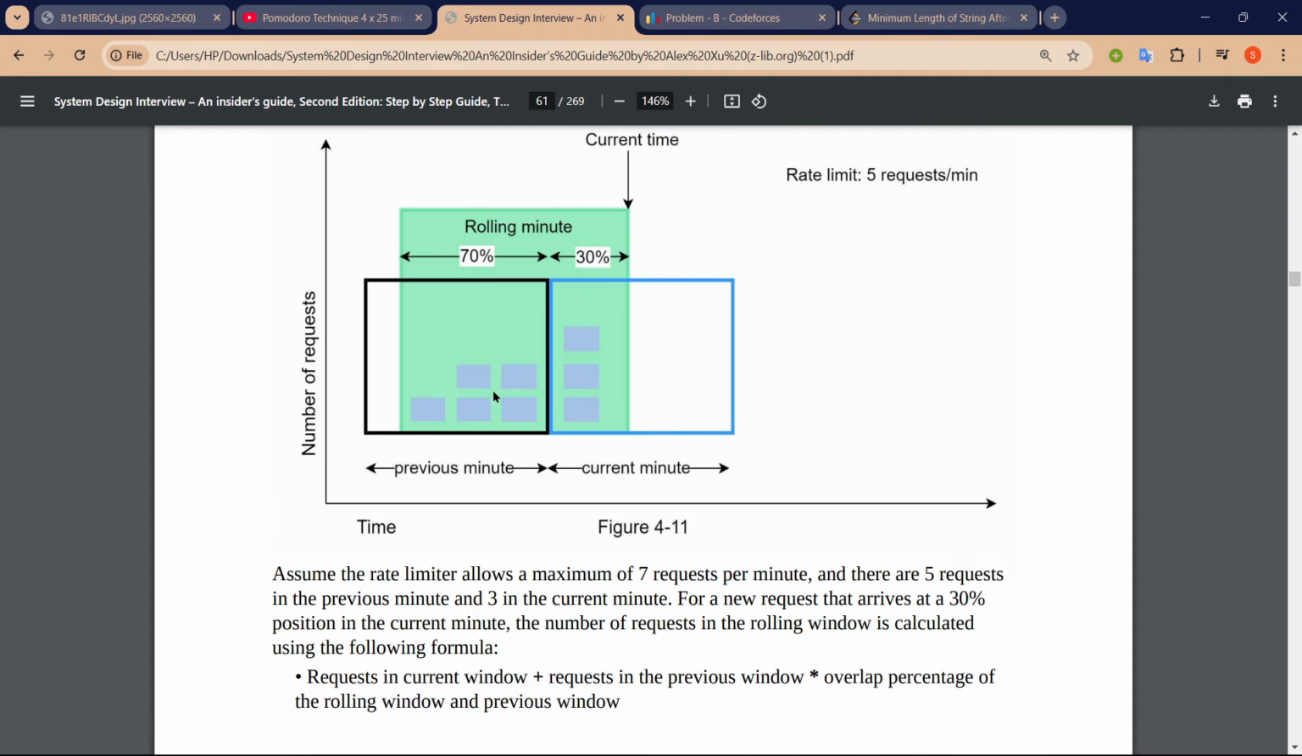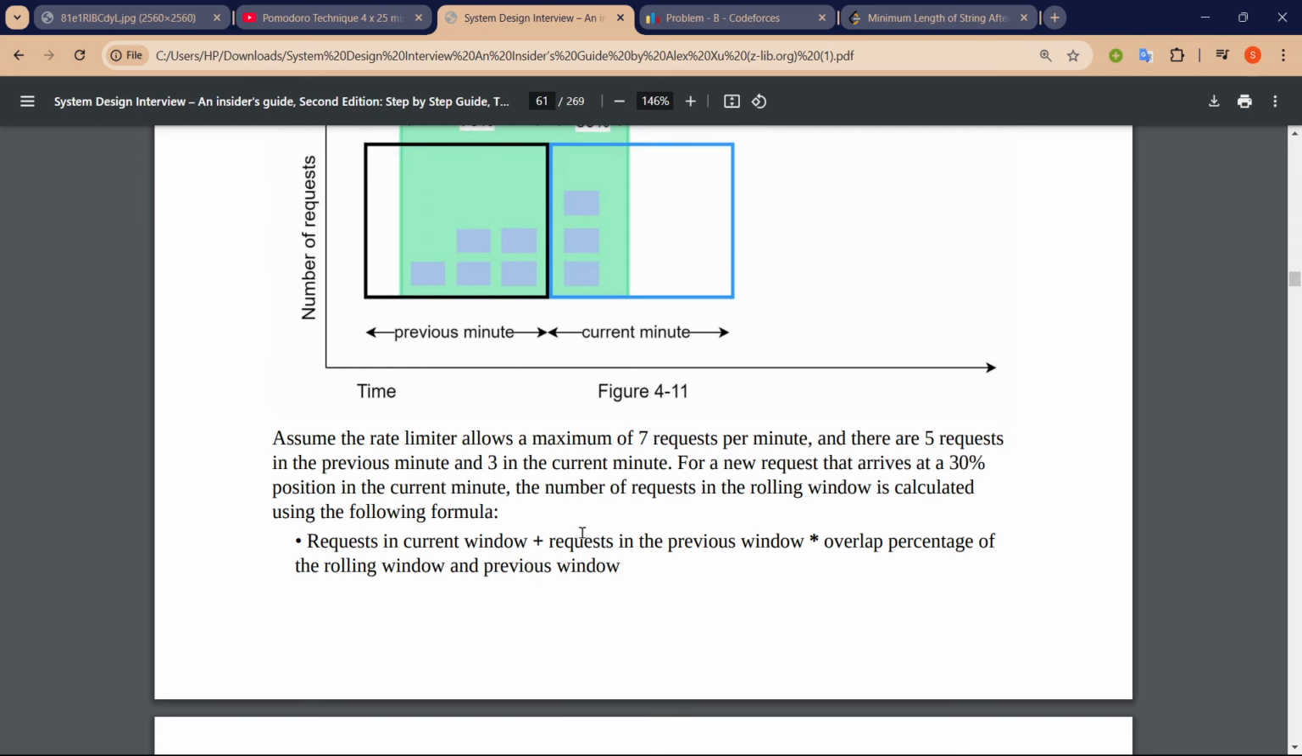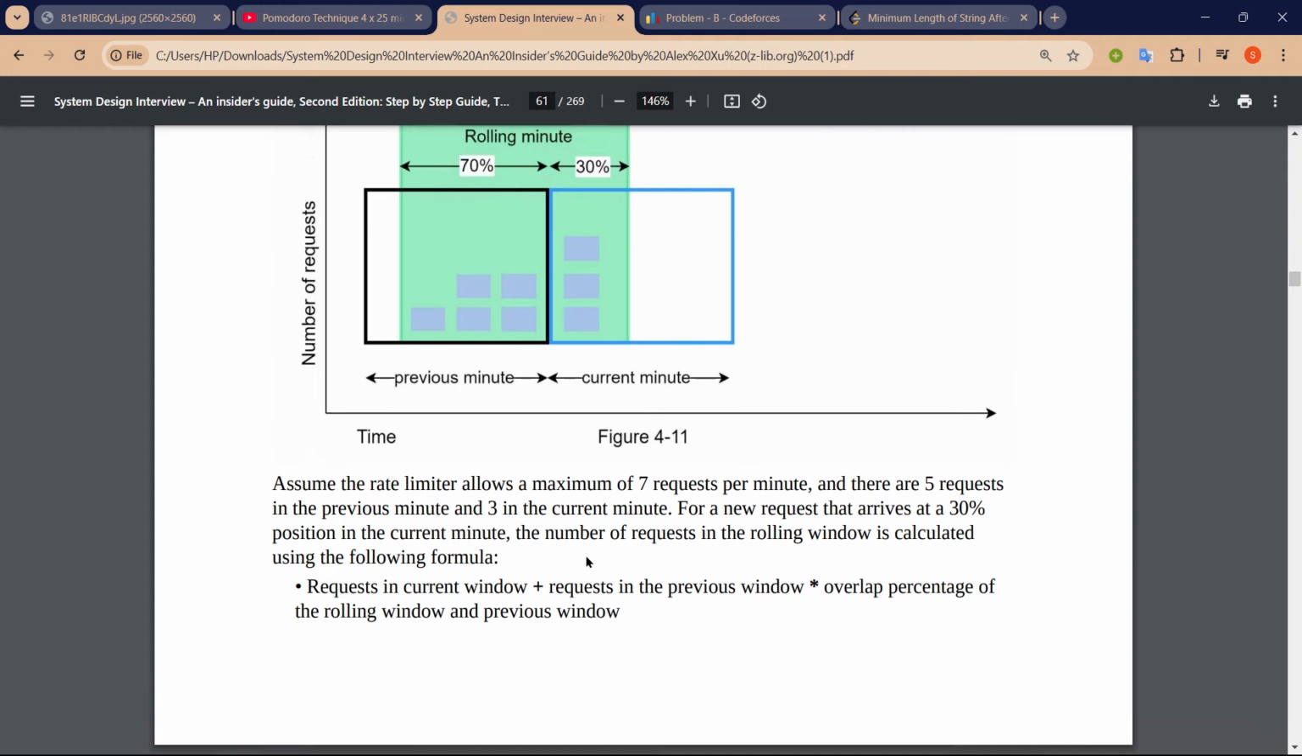So in total, there are 8 requests. Assume the rate limiter allows a maximum of 7 requests per minute. There are 5 requests in the previous minute and 3 in the current minute. For a new request that arrives at 30% position in the current minute,